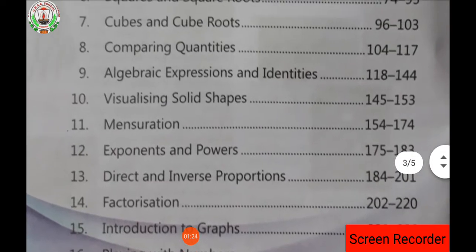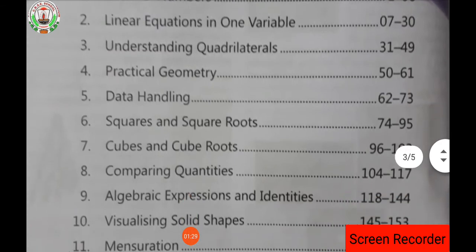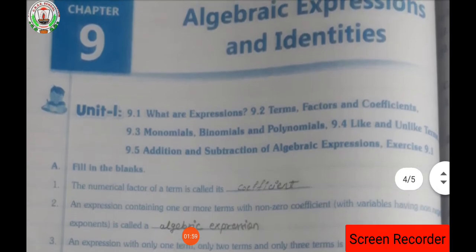So among these chapters, students, how many chapters are left for your annual exam? That is chapter number 4, practical geometry, then chapter number 5, data handling. These are the two chapters which are left for the completion of your course, isn't it? So from the 2nd of January we are having the video related to chapter number 4, practical geometry, and chapter 5, data handling. Clear? So dear students, there are some chapters which we have to do, yet we haven't started this, isn't it? Now we are going to see the questions one by one.